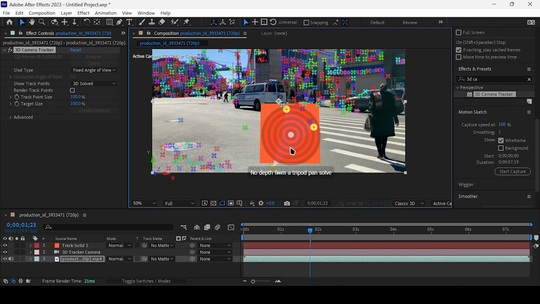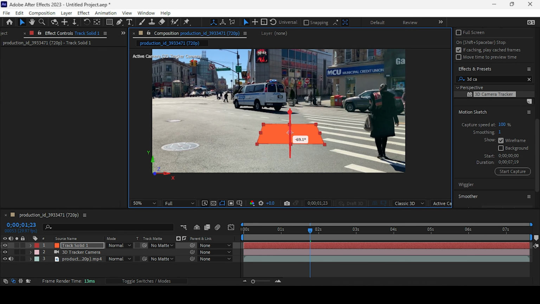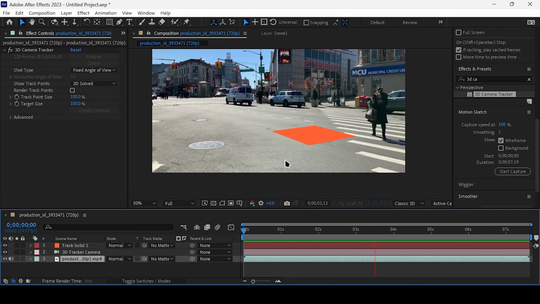Let's accurately position the solid on the ground plane. Use the orientation and position controls to align the solid with the ground in the footage. Adjust the scale and rotation as needed to ensure it matches the perspective of the scene. Now that this setup looks satisfactory to me,